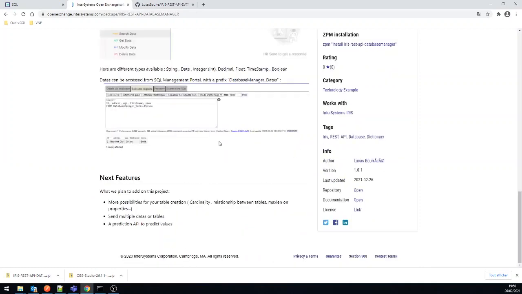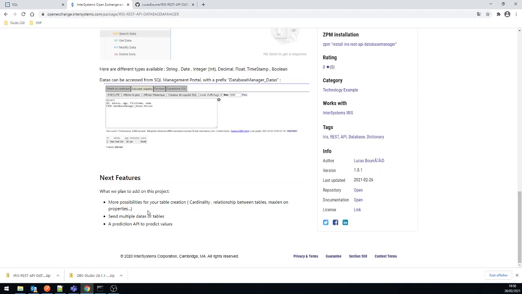And finally, we plan to add some features to this project, such as more possibilities for your table creation, like adding cardinality, relationships between tables, or even max length on your properties, and also maybe sending multiple data or tables at the same time, because today you can send only one data or one table when you want to create or modify data.